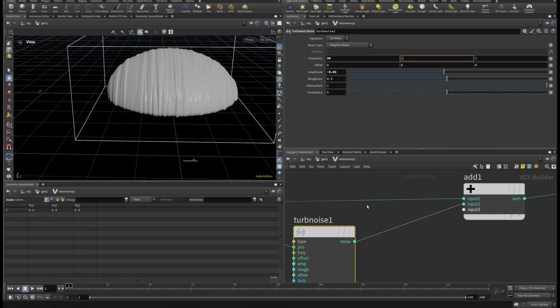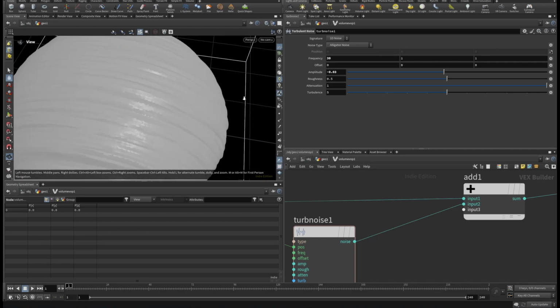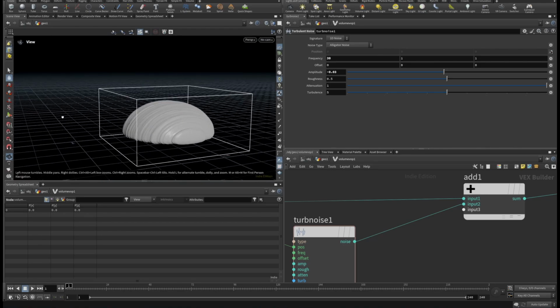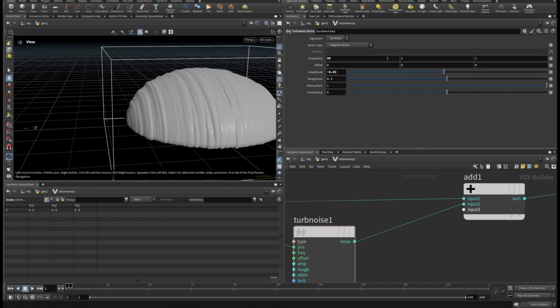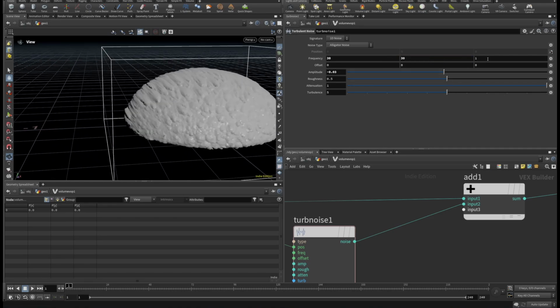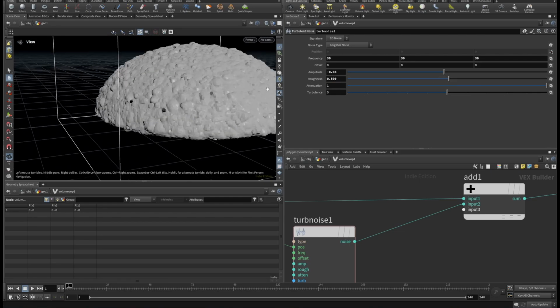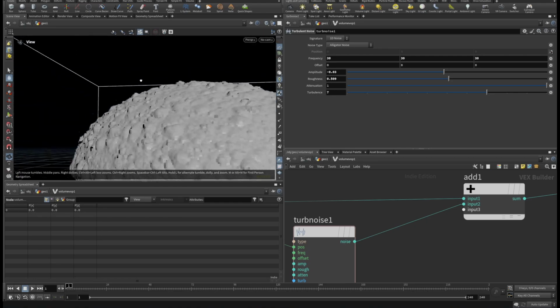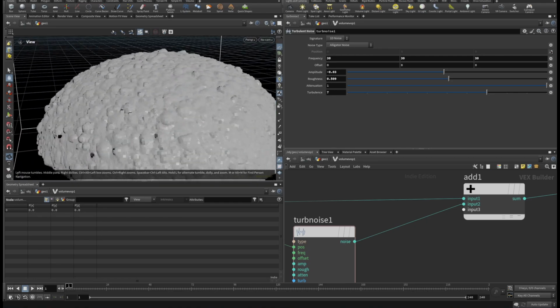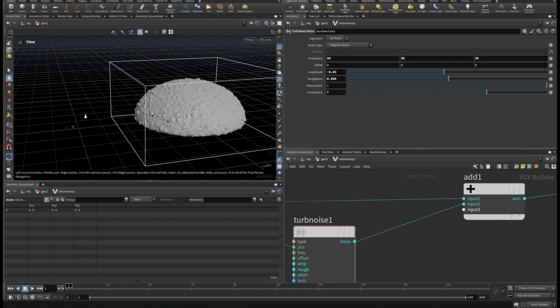That actually looks like a nice shape for a croissant. Maybe we can do something about that another time. Okay, so let's set this to 30 and this also to 30. So it looks like that. Very interesting. We can increase this roughness a bit and maybe take up this turbulence somewhere like there. Okay, so that looks like a sort of cookie, and what we want is we only want this